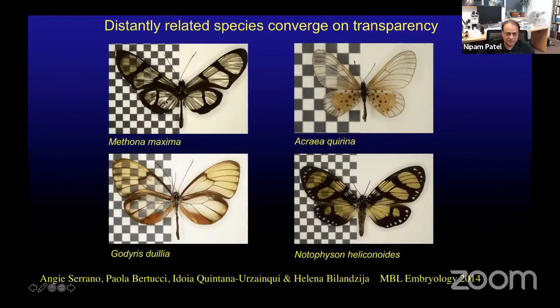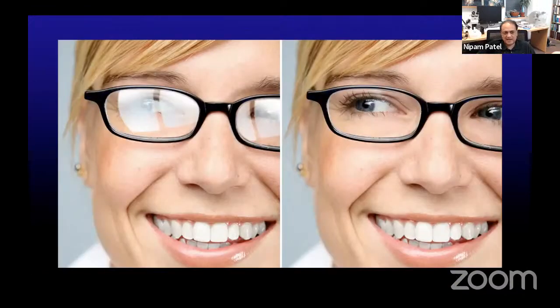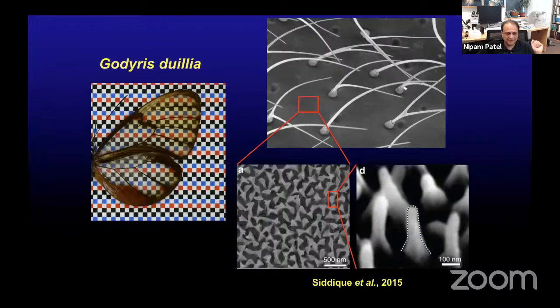So it turns out that just getting the scales out of the way like this isn't sufficient to get really good transparency, because now you have the same problem. You have this refractive index mismatch, you're going to get some reflection. Okay, well, you might be familiar with this effect if you have glasses. You know that glasses can have glare, but you can pay extra money and get an anti-glare coating on the glass, and so now you don't get glare on them. And as humans, we think we're so smart to figure things out like this. Well, at least 15 million years ago, butterflies figured this out too.